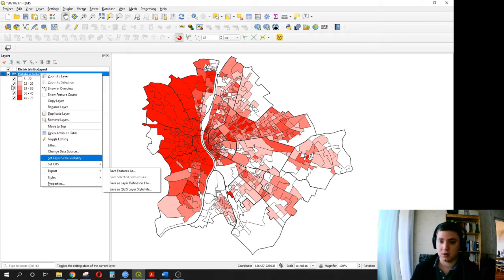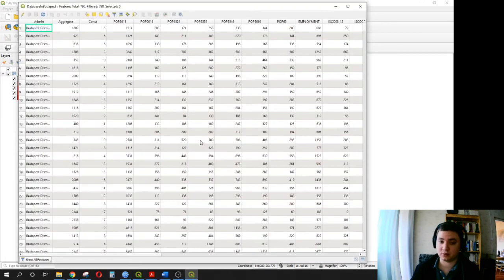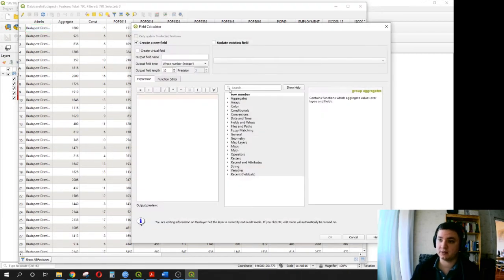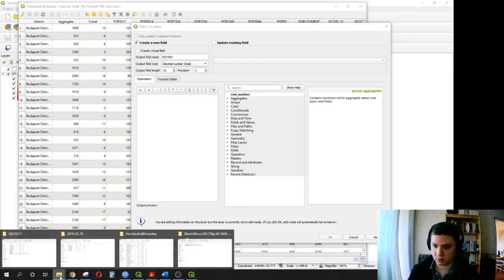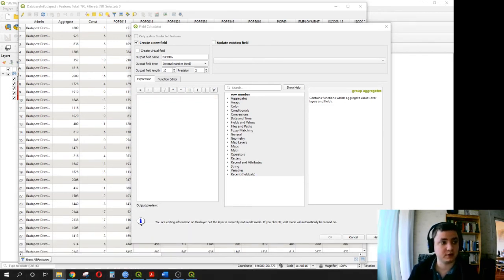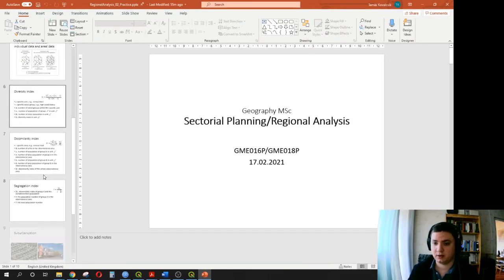So also the attribute table, and open the field calculator, and ISCO div should be the name for the column, and not the whole number, the decimal number, and precision should be maybe 2. So what was the formula